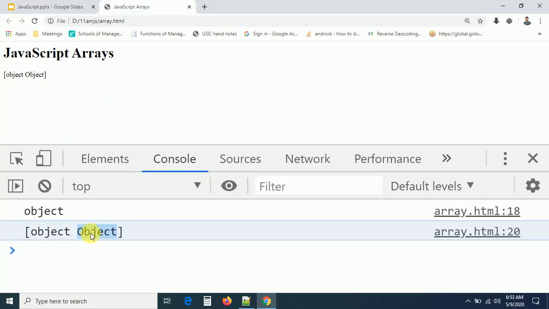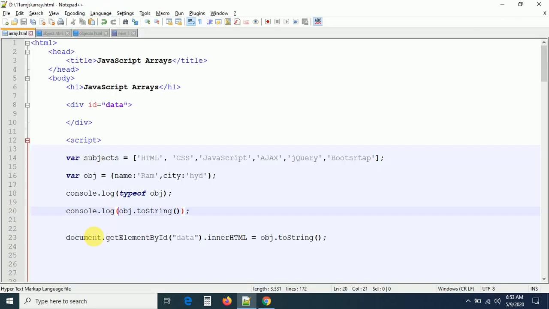So we have some methods and properties. We have already seen two or three methods in object, right? Object.keys, Object.values. These are the methods of object. There are more methods in object too. Later we will see those methods as well, right? This is how we can convert an array into an object.